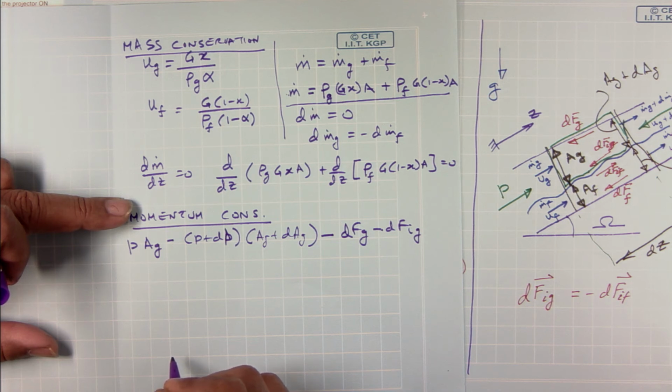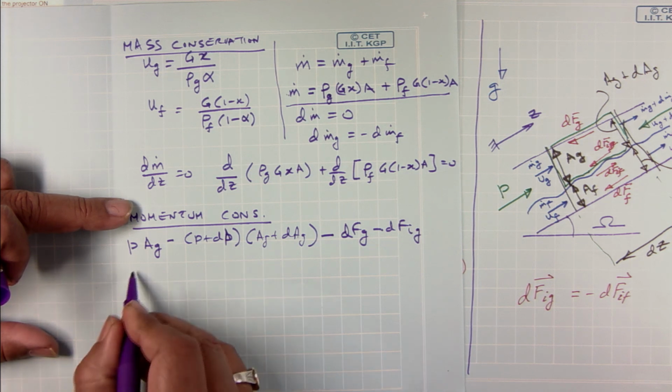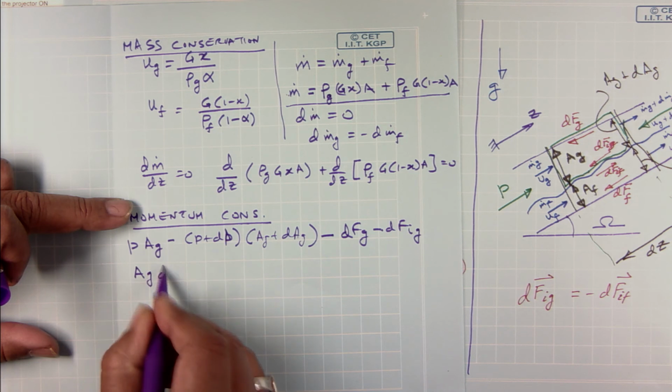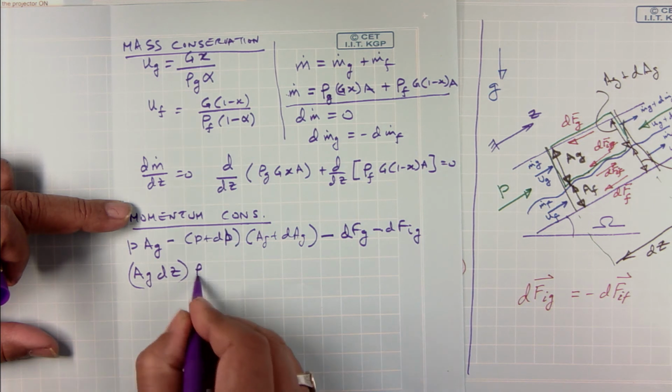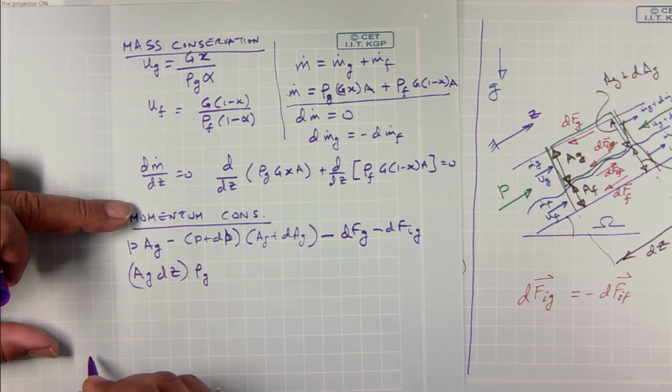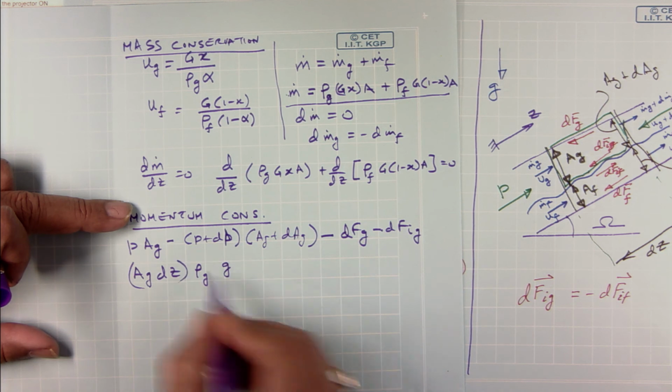Body force, right? So, what is the volume of this control volume? It should be A_g times dz approximately, right? That is the volume times rho_g, that is the mass, times gravity, but that is pointed in the downward direction, and I need the component of that gravity along the flow direction. So, that should be equal to,